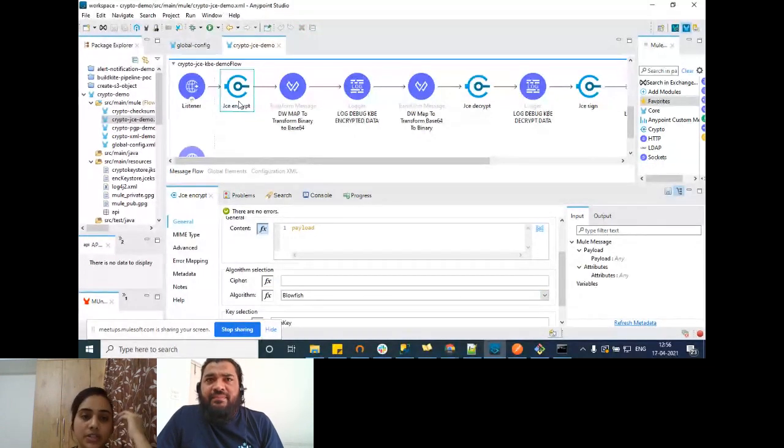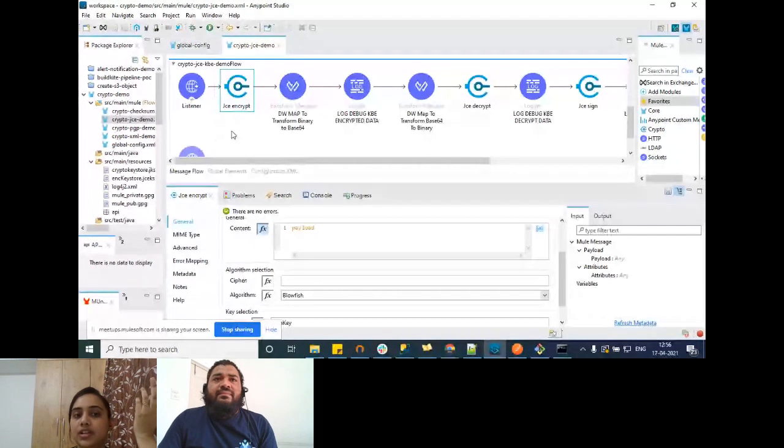The difference between symmetric and asymmetric is that symmetric encryption uses the same key for encryption and decryption, whereas asymmetric encryption uses different keys for encryption and decryption. It makes use of one public key for encrypting and a different key for decrypting the message.